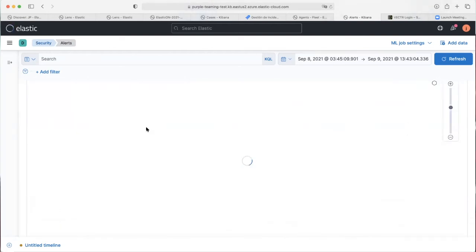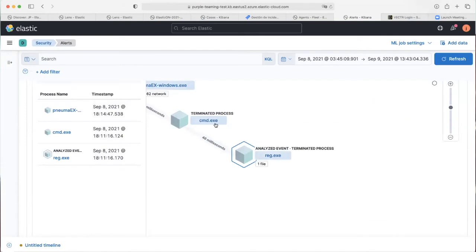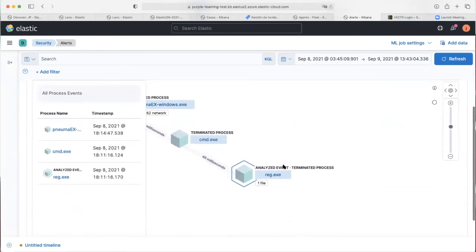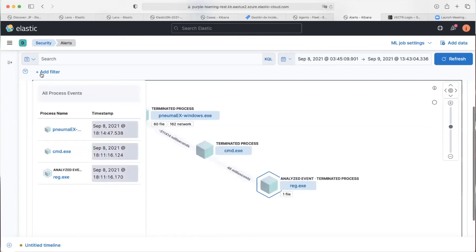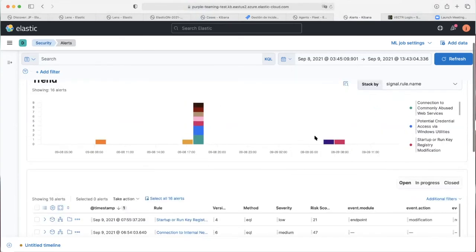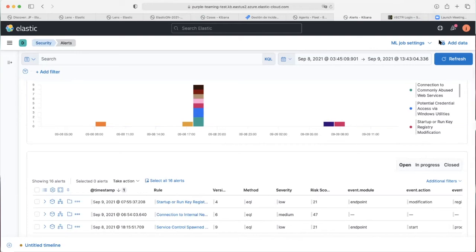that alert. You can go to the query analyzer where you can see all the details about what processes are triggered and so on. But the thing that we use mostly is we export the data from the adversary emulation, from